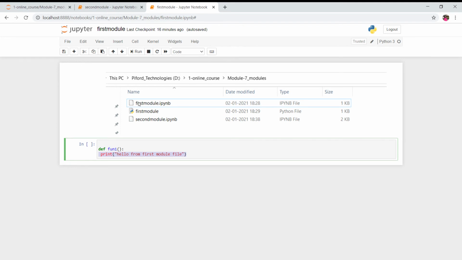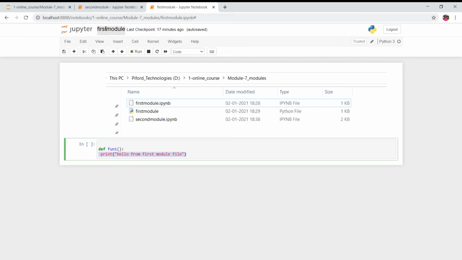See, this first module.ipynb file, I have created the Python version of it. This is again an important step. Whenever you want to create your module, that module file should be a Python file, not an ipynb file. Now how to create this Python file?